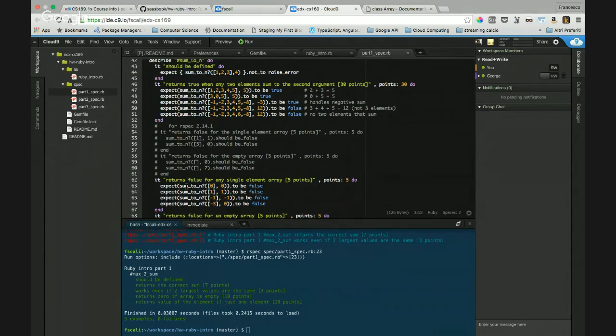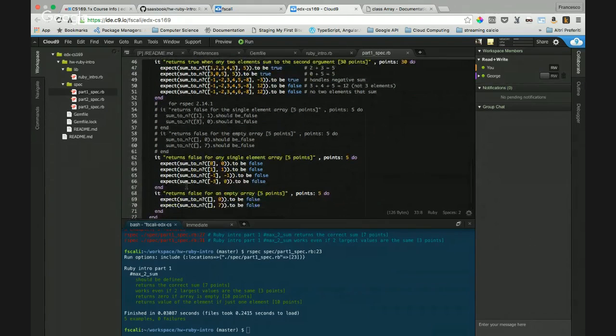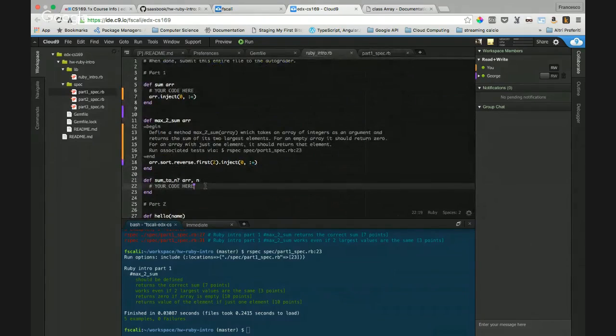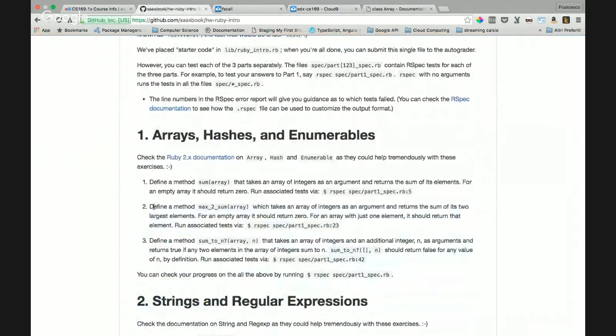So I think we can just make it return false, and if we return false, we should pass all these tests. Okay. So let's write the definition. Perhaps it's better.